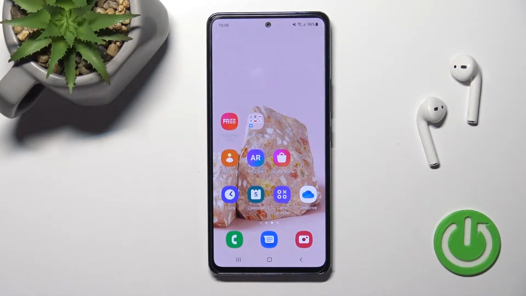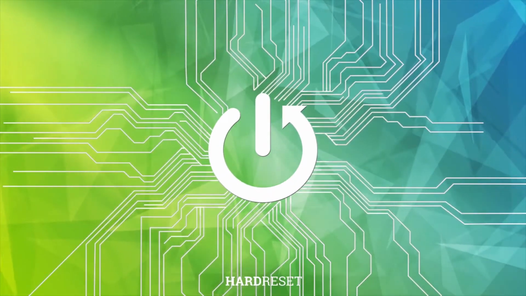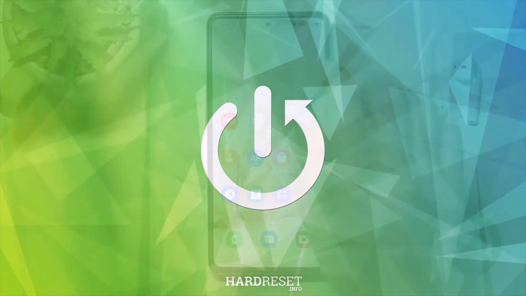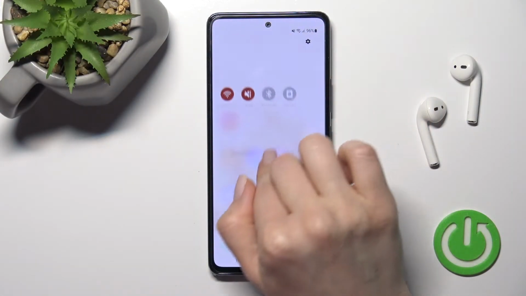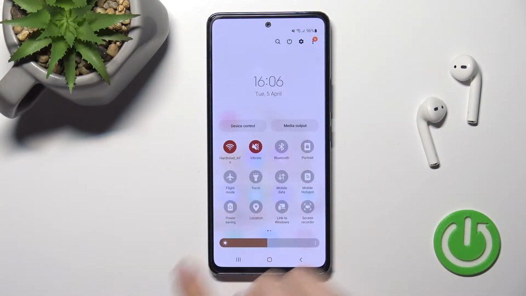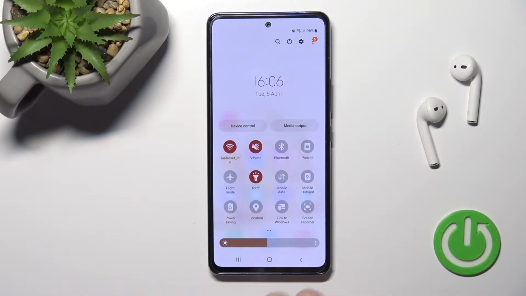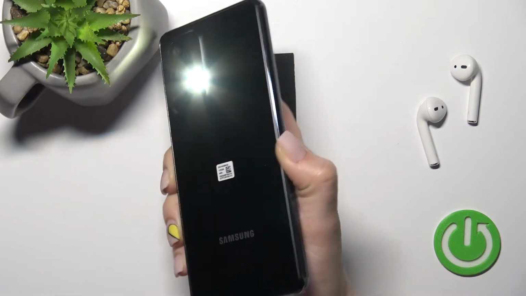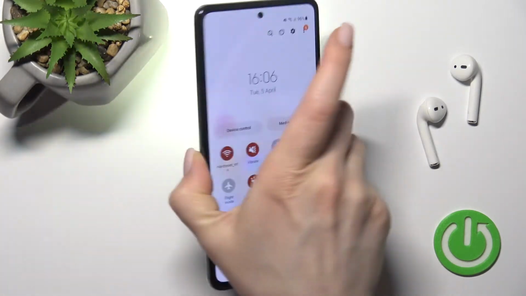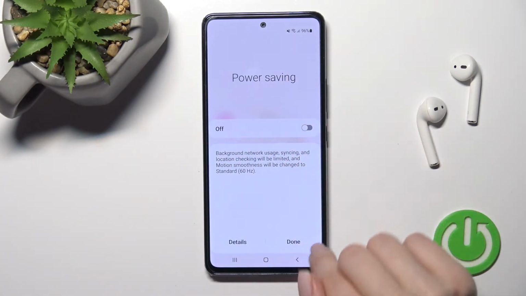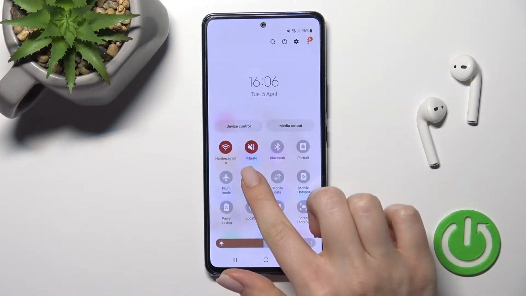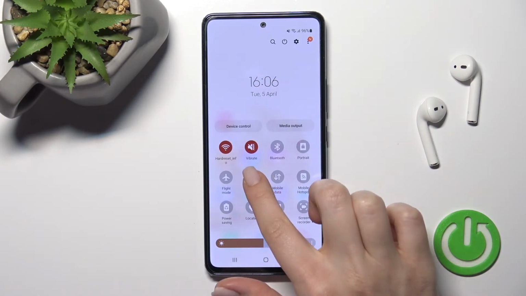Welcome, today in front of me is a Samsung Galaxy A53 and I'll show you how to switch on the flashlight on this device. So first you should open the notification panel and somewhere here you'll see the torch icon. In my case it's here. Just to activate the flashlight you should click once on this torch icon, and as you can see the flashlight is activated. Just to turn off the flashlight you should click once again here on the torch icon, and that's